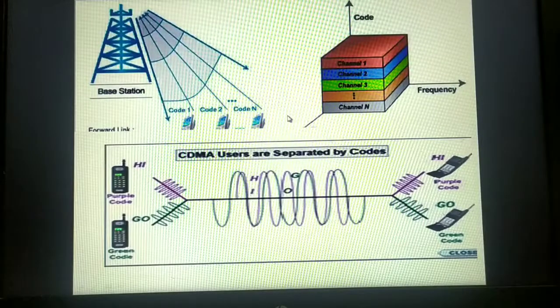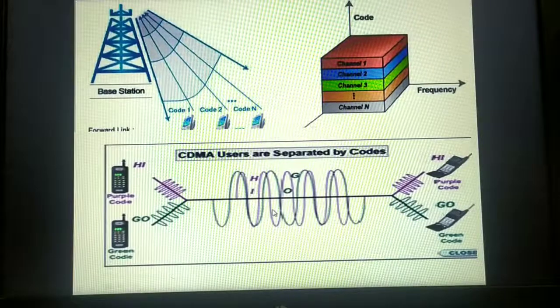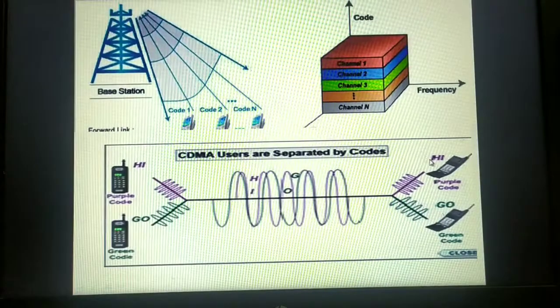A digital unique code will be generated, like how the OTPs are generated for your mobile phones to confirm that you are the genuine account holder of that bank when you are crediting or debiting an amount. In the same way in CDMA also, a pseudo random digital sequence number will be generated at the time when you are transferring the data. At the receiving end, by using the same code, it will decode, and the message will be handed to the respective receiver.